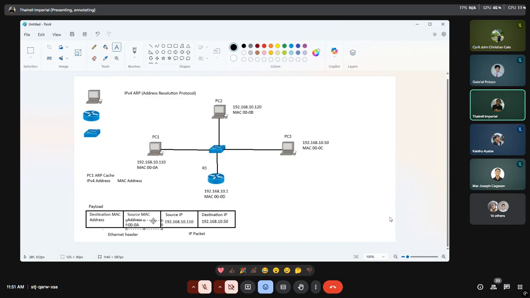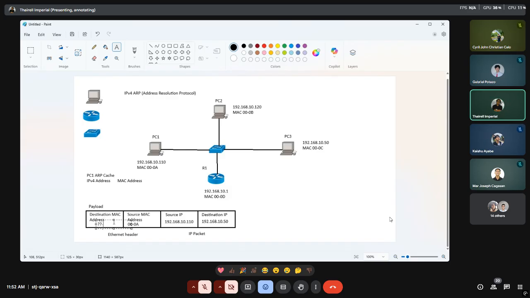Now, as we already mentioned earlier, ARP is responsible for obtaining the destination MAC address of the device that we want to transmit this payload to. Initially, during the occurrence of this transaction, the destination MAC address of PC number 3 is not yet known.